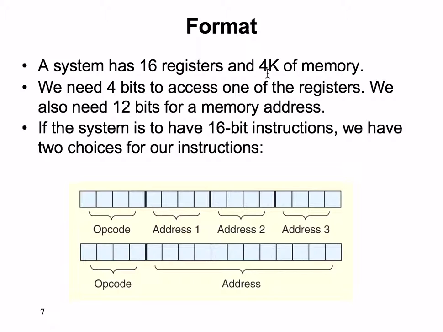So if the system is to have a 16-bit instruction, we have two choices for our instruction. The first choice is that we can use 4 bits for the opcode, and also we have 3 addresses. Address 1 has 4 bits, address 2 has 4 bits, and address 3 has 4 bits. This basically just represents the address of the register, because 2 power 4 equals 16, so we can use 4 bits to address one of